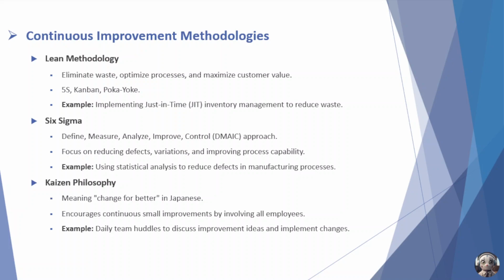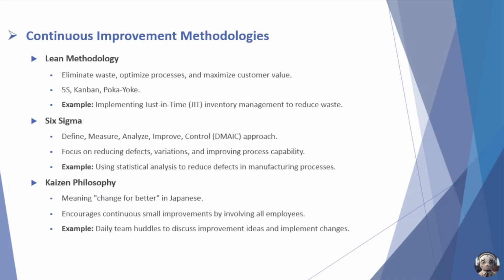Next, we have Six Sigma. Unlike Lean, which primarily targets waste reduction, Six Sigma focuses on minimizing variation and defects in processes to ensure consistent, high-quality outcomes. Rooted in statistical analysis and data-driven decision-making, Six Sigma employs the DMAIC framework (define, measure, analyze, improve, control)